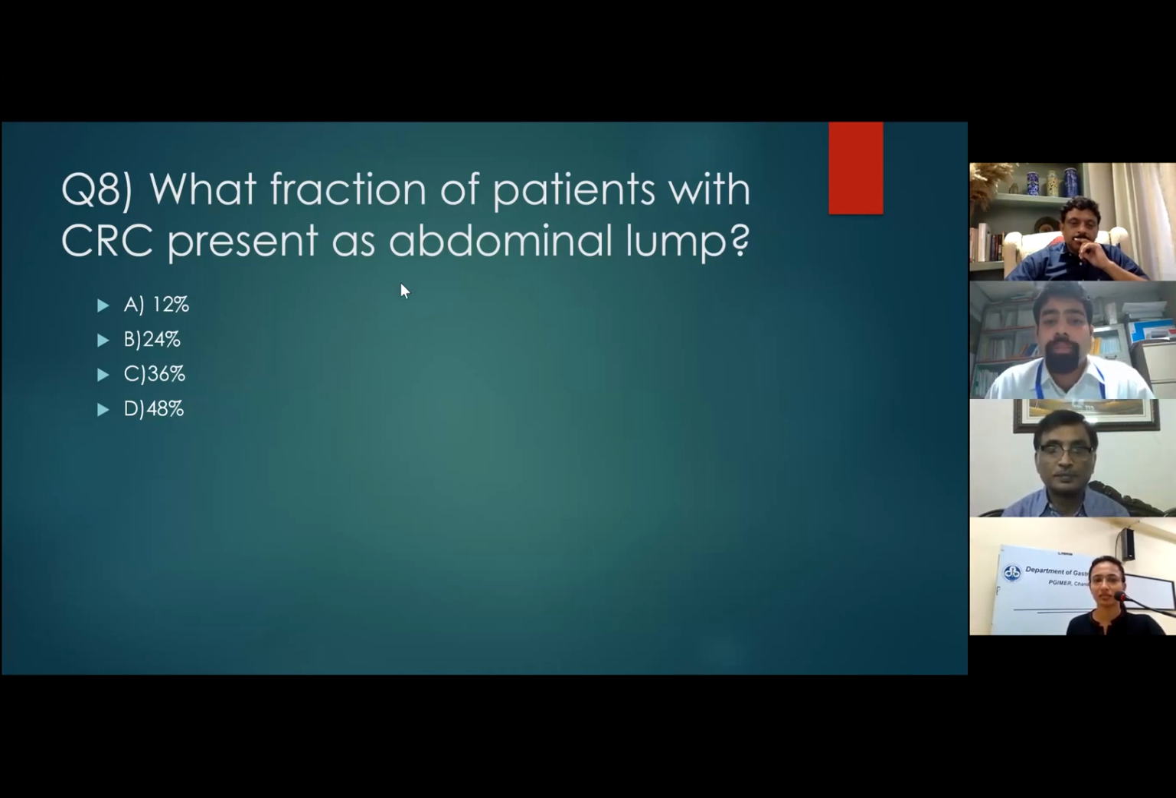So the polling is in progress. 15% are in support of option A, 40% are in support of option B, another close to 40% are in support of option C, and 9% say it is option D. The correct answer, to the surprise of many, almost 80% got it wrong,